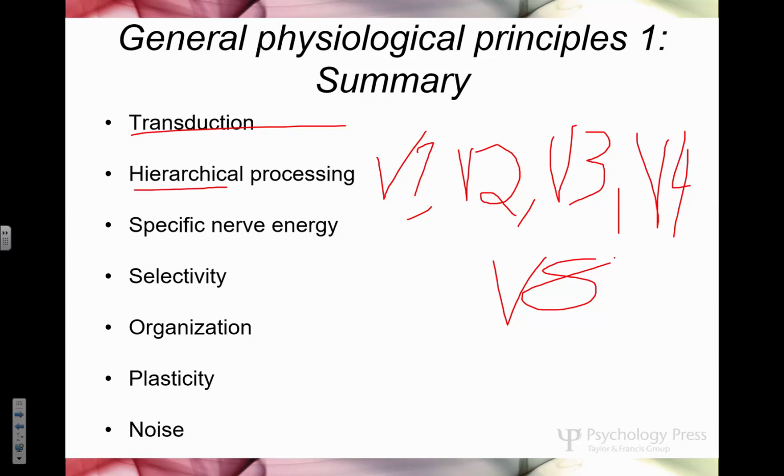But keep in mind, sensory stimulus comes in, we're going to break it down into channels, process those individual channels, and then put things back together later, so you can have that kind of integrated experience. We already talked about Johannes Mueller and the doctrine of specific nerve energies. Selectivity, this is kind of interesting. If you have a photoreceptor, it's not there so you can hear stuff. It's there so you can see stuff. It's only going to be sensitive to a specific stimulus and often only to a specific range of that stimulus.